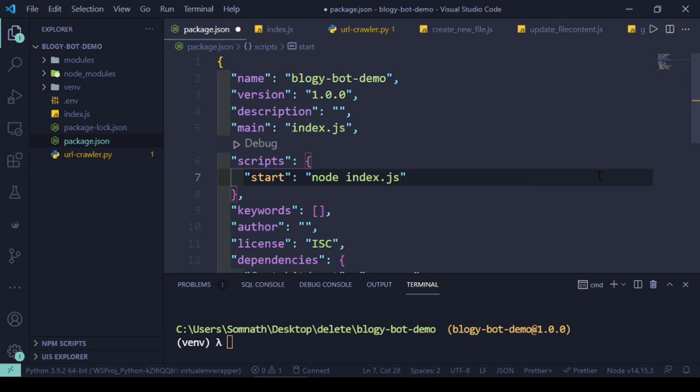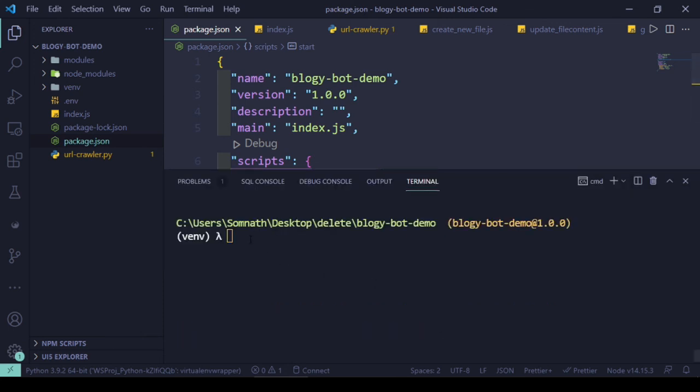Let's see how it works, and if it doesn't work we have to fix it. That's fine. So I'm just giving a start script, node index.js. Make sure you're in the virtual environment and run npm start.